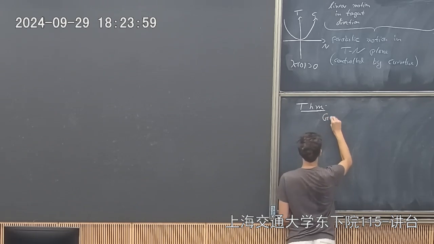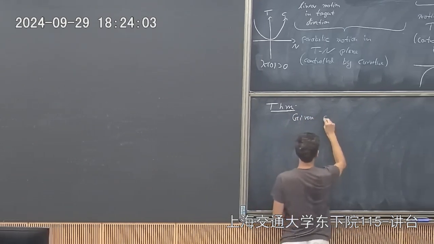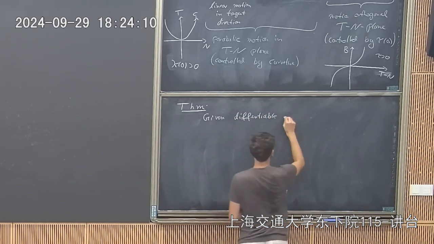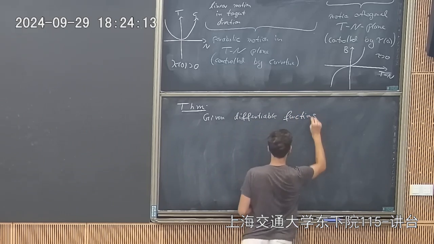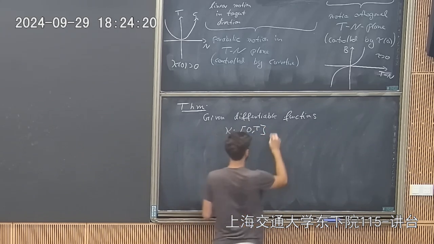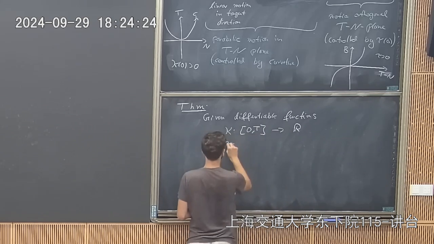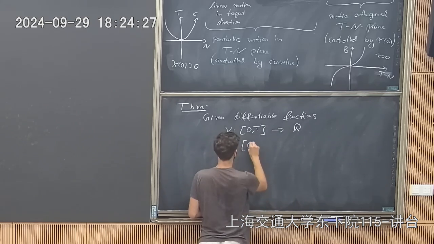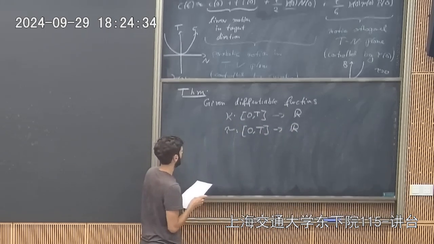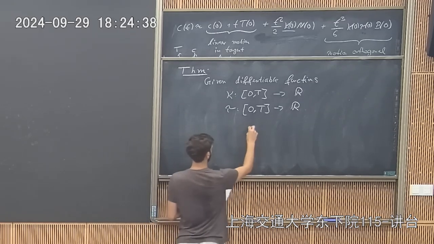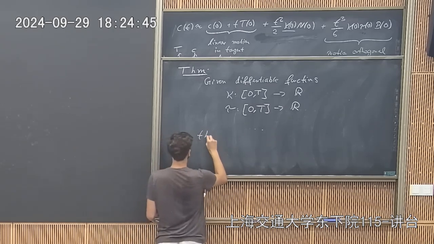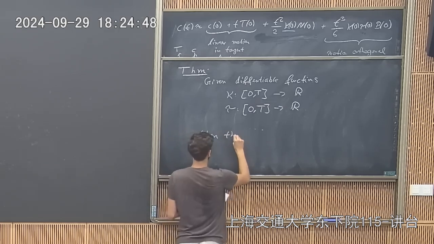So first of all, let's say we have two differentiable functions, kappa and tau, defined on some closed interval with values in R. And then probably there's a few more pieces of information that we need to give, but that would be the starting point. And our conclusion that we want is that then there exists